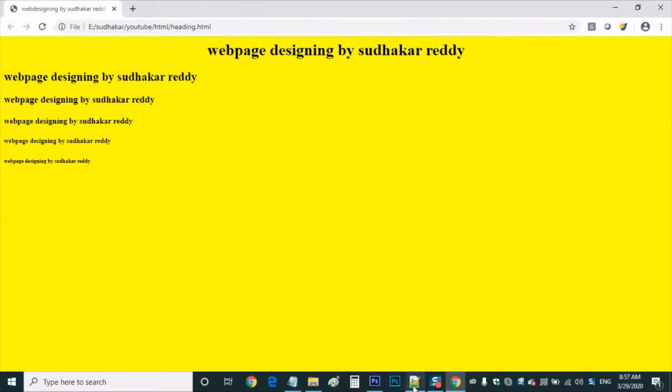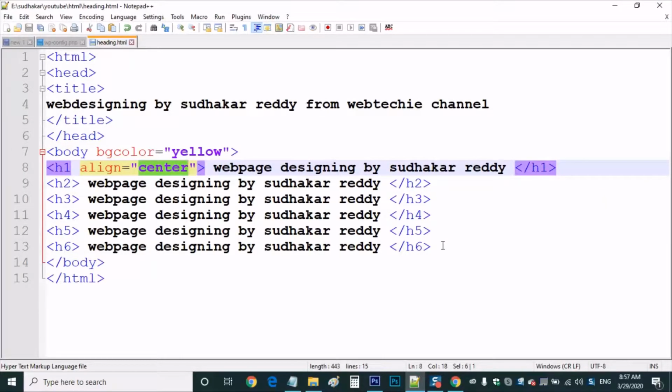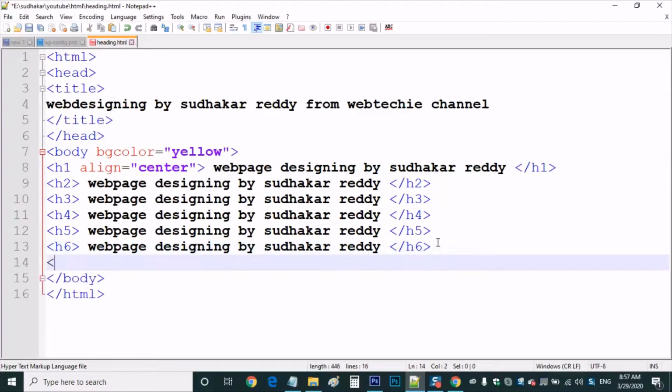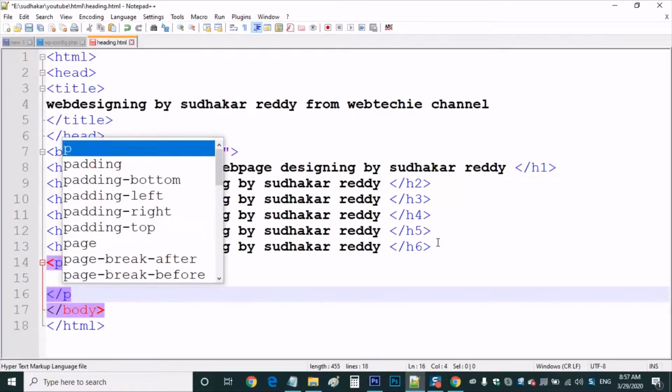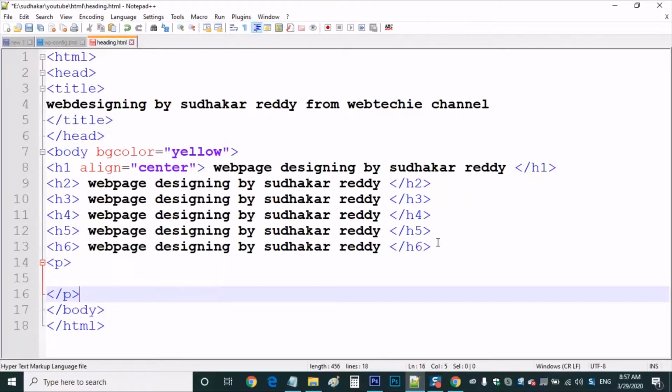Some paragraph is required, so I am going to type it here in my program, that is the p tag. Close the p tag. Friends, I told you earlier also, the best practice is whichever tag you are opening, please close it first. Most of my students, when I take classes and see their tasks and projects, make the mistake of not closing the tags.